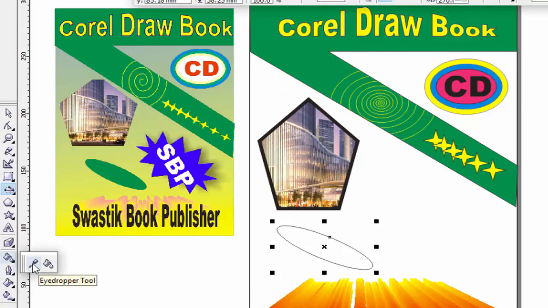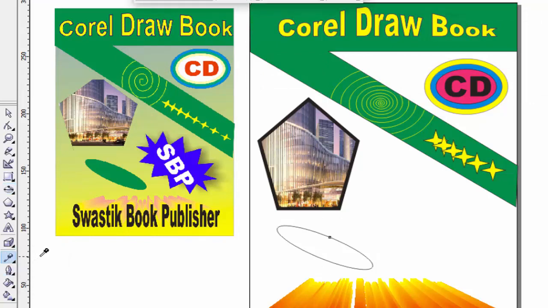And if you want to fill the same color, like this green color, in this shape, use the eyedropper. The eyedropper works to pick the color. This is the eyedropper icon. Pick the color. I want to pick this color. So it picks this color. After picking, use the paint bucket tool and drop it in this circle, the ellipse, by clicking the mouse left button. See this.